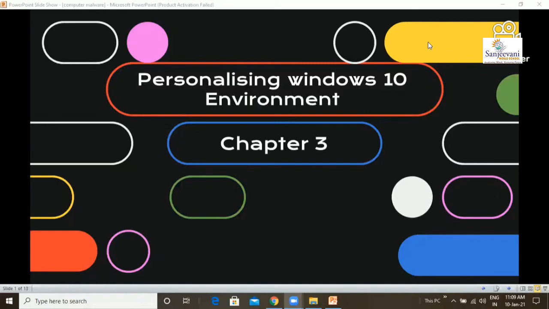So let's begin. First, we are going to see how to change the background of the desktop. Now, what is the background of the desktop? Okay, it is also known as the wallpaper, as you have walls in your houses, and after some interval you keep on changing the drawing or the color of your wall. Similarly, we will also see how to change the desktop wallpaper in our Windows 10 computer. Okay, now let us start.